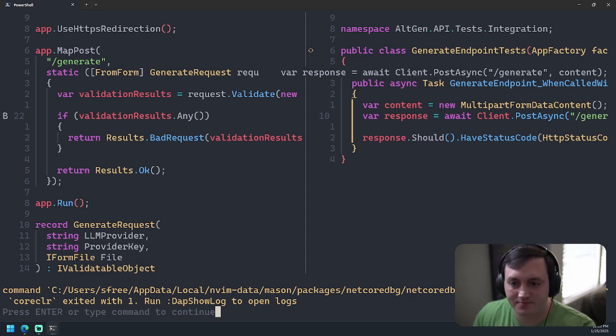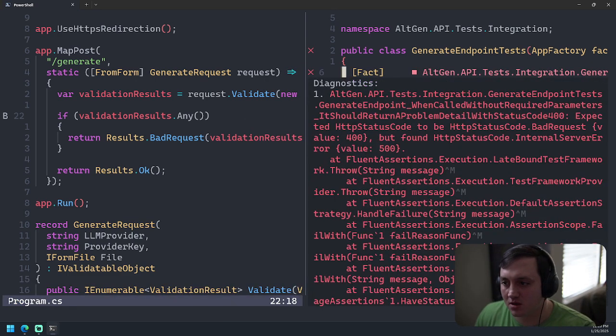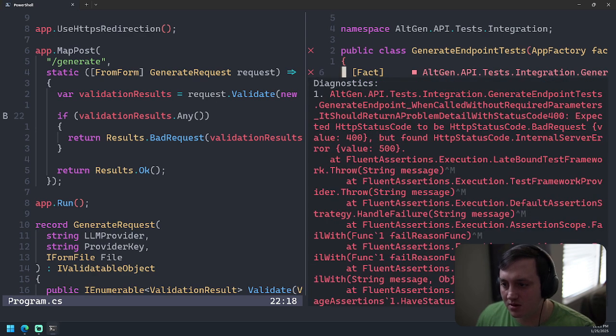Oh, what happened there? Internal server error. That's not good. Expected bad request but found internal server error.